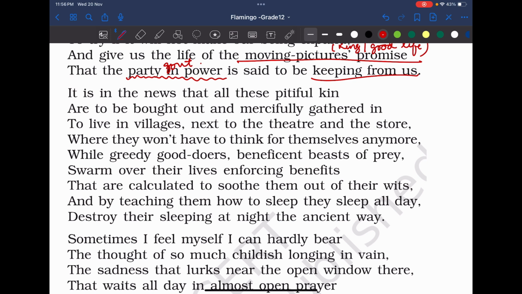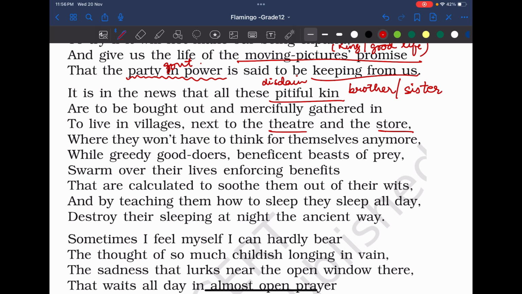It is in the news that all these pitiful kin, brother or sister, like a sibling, right? Pitiful, because they are in a very disdainful situation. They are very disappointed. These people are to be bought out and mercifully gathered in to live in villages next to the theatre and the stores. So he's describing the fact that all these poor people are dislocated from their places. They are asked to relocate and settle around a society or a mass place, for example a theater or a store, so that the rich people can hire these people as laborers